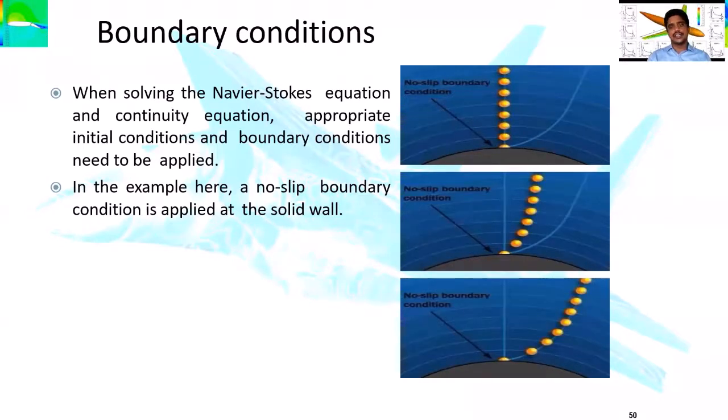When you're solving the Navier-Stokes equation, as far as the continuity equation is concerned, the particles are placed vertically aligned. When we look along the fluid flow, the particles do not have equal velocity along the flow, so they follow the real investigation of the fluid flow by using CFD applications or CFD tools. This states that fluid flow problems involved in real cases need to be applied with the no slip boundary conditions.